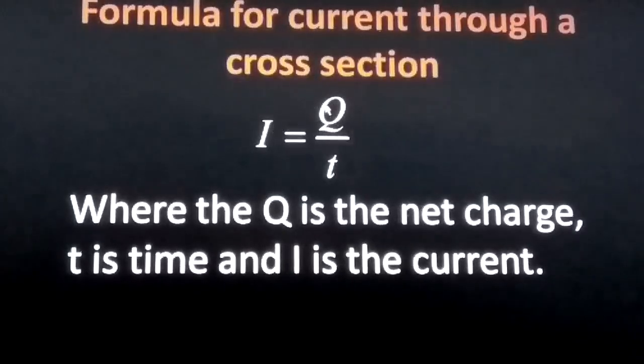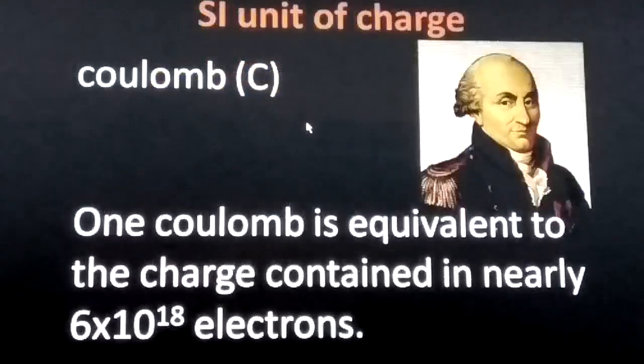I equals Q by T, where I is the current, Q is the net charge, and T is the time. So this is the formula for current through the cross section. Now students,